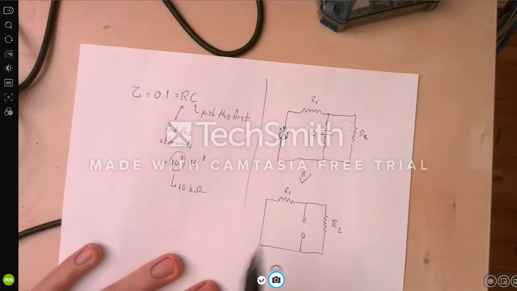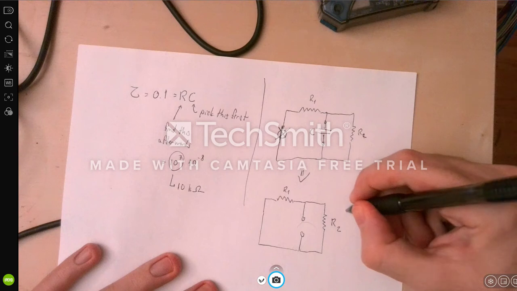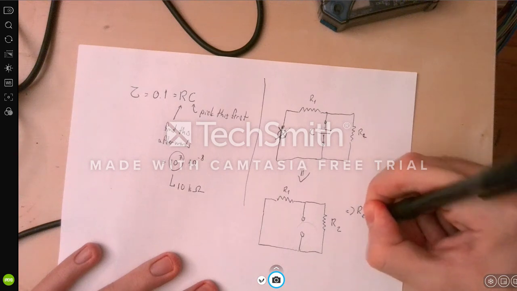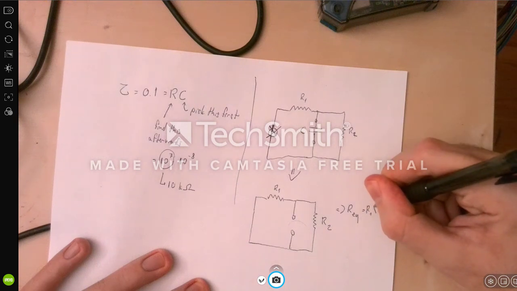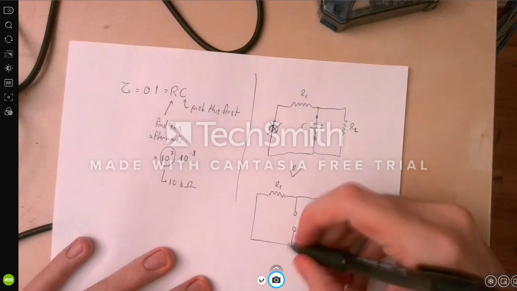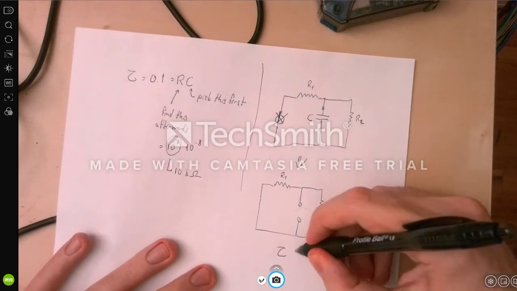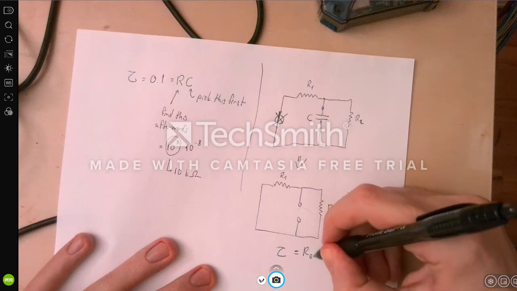Now, as you can see, R1 and R2 are in parallel, which means the equivalent resistance is equal to R1 parallel R2. And our tau will be this equivalent resistance